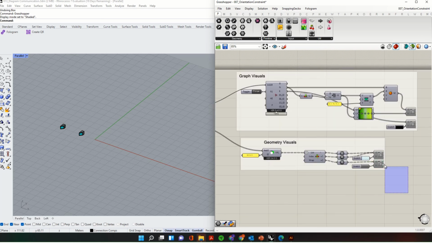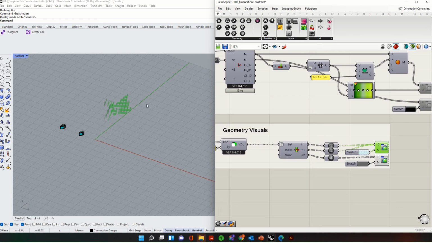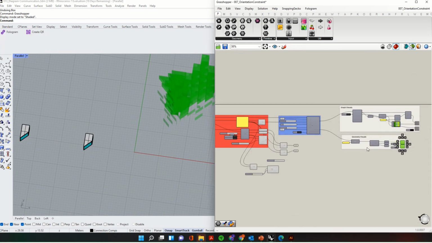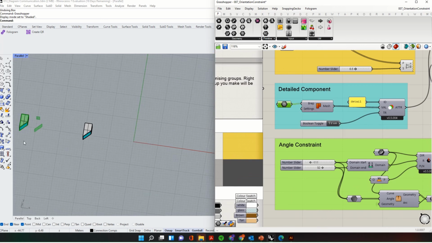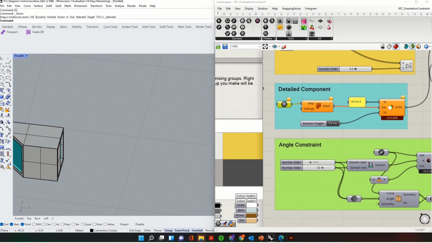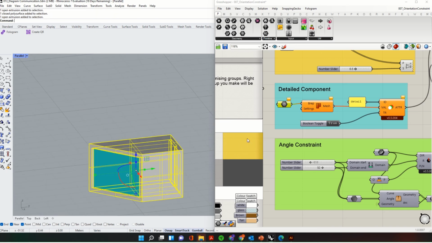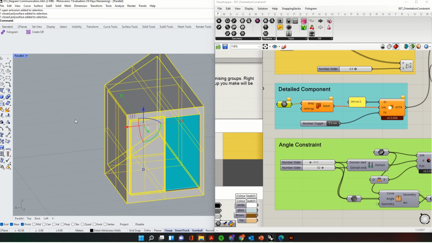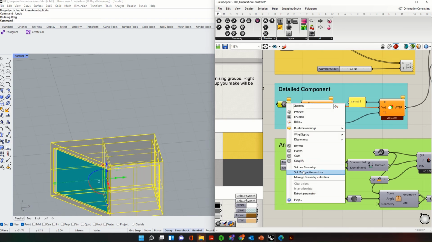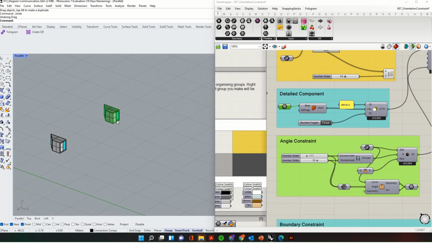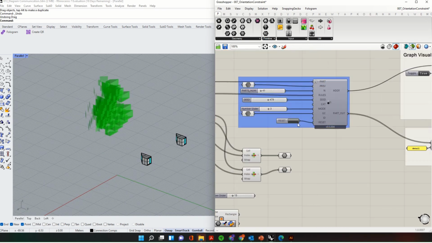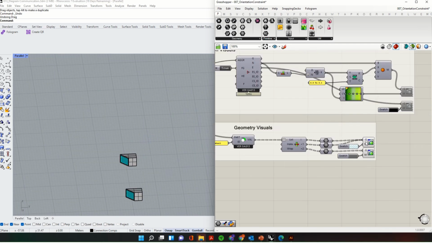Hopefully this works. Go back to this. So looking at the aggregations themselves,